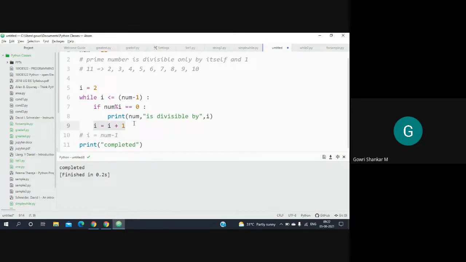So i will become num minus 1 plus 1 now. What is num minus 1 plus 1? It is num itself. So when i is equal to num, the condition i lesser than or equal to num minus 1 is false. So it is coming out of this while loop.